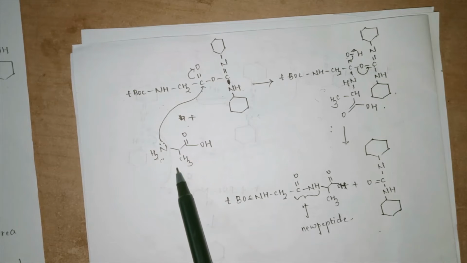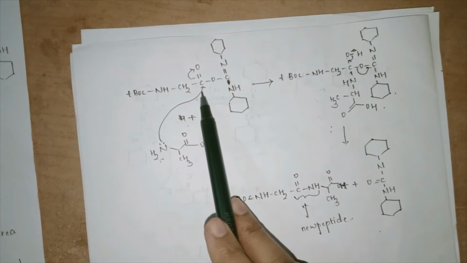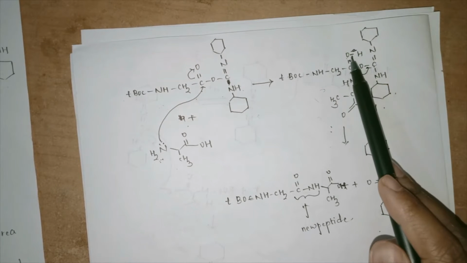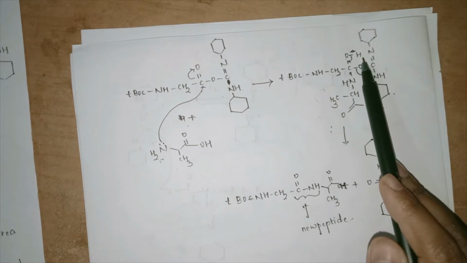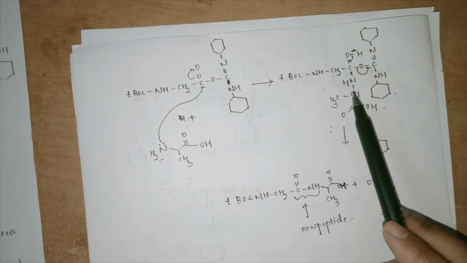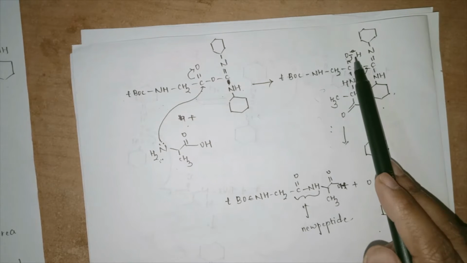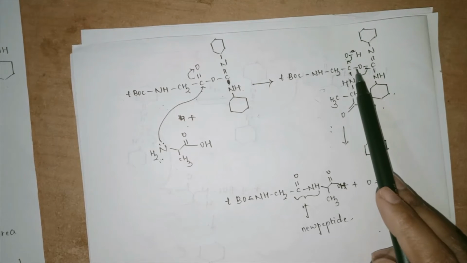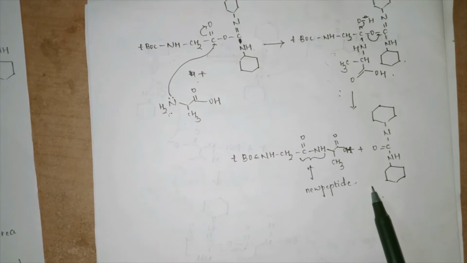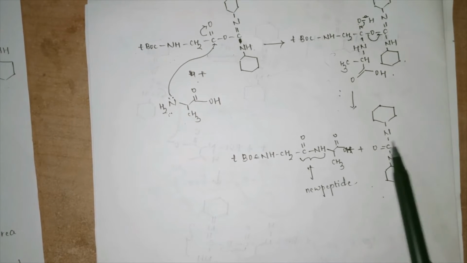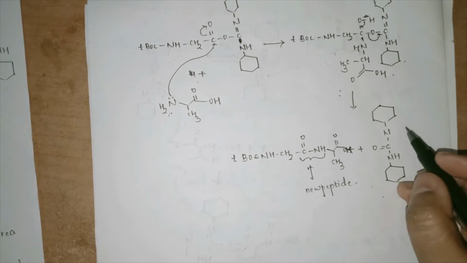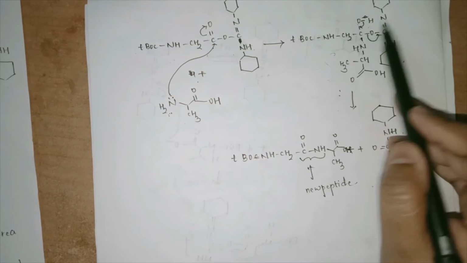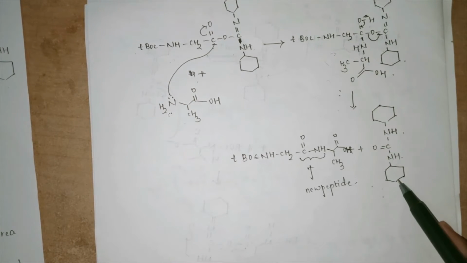The lone pair of electrons on the newly added amino acid attacks the activated carbonyl carbon system, giving me an intermediate like this. Now the electrons being shared in the OH system, this is a C single bond O tetrahedral intermediate. These electrons will move back so that I will get a byproduct, which is the dicyclohexylurea. The electrons will move like this so that I get a dicyclohexylurea intermediate, which is a diamide system. Now diamide system meaning what? This proton will go and attack here, and then I am going to get a diamide system.